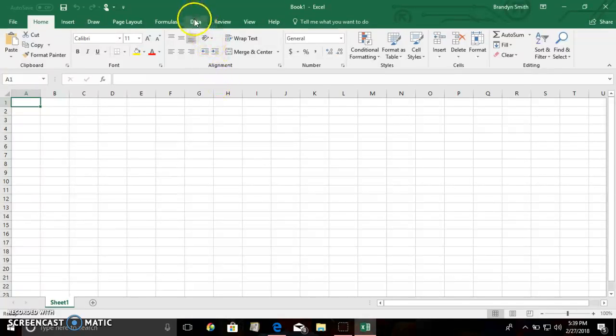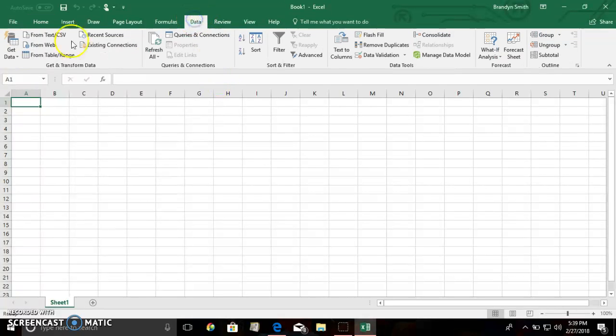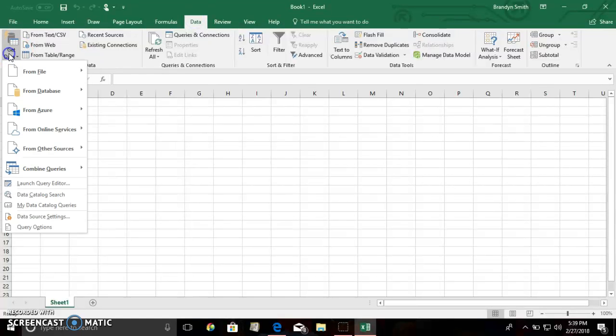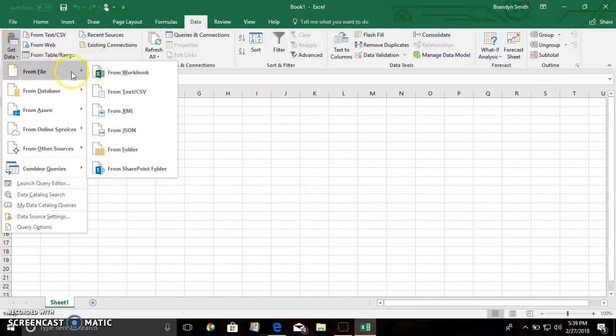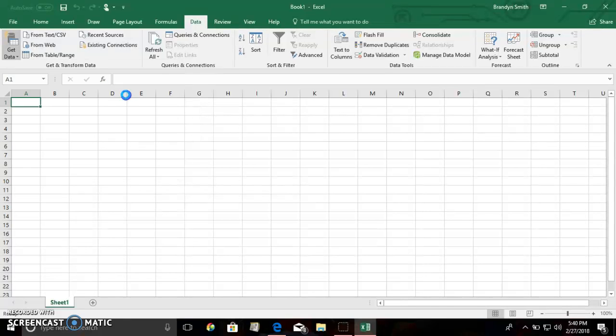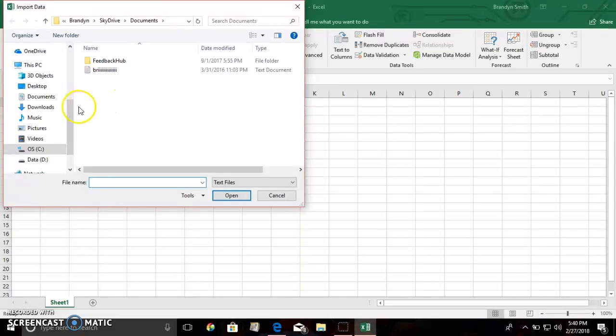So what you want to do is go up here to the Data tab and click on the data, and then over on the left hand side there's the Get Data. Move over from File, from Text and CSV. There's two types of data files. There's text and CSV. The main difference is the T and the C. See, text is separated by tabs and CSV is separated by comma. Different programs have different ways of reading data, so different file sorts will be best for different programs, but CSV is the best for